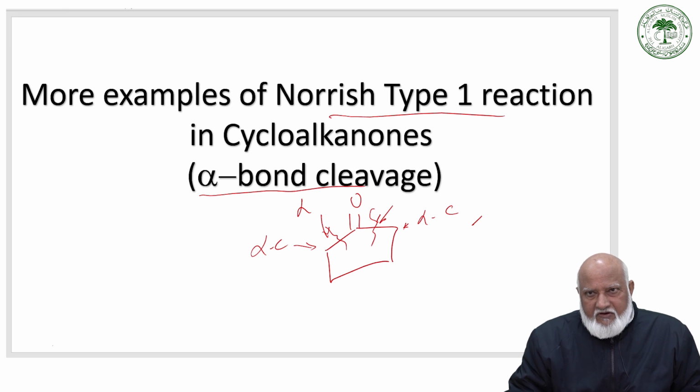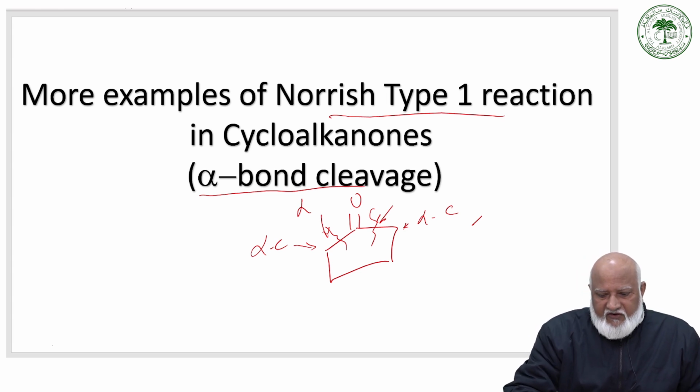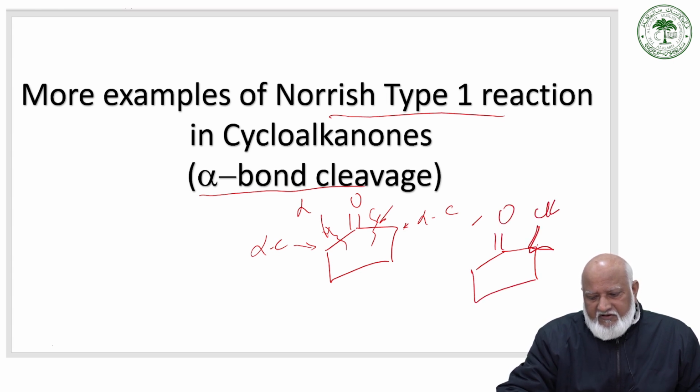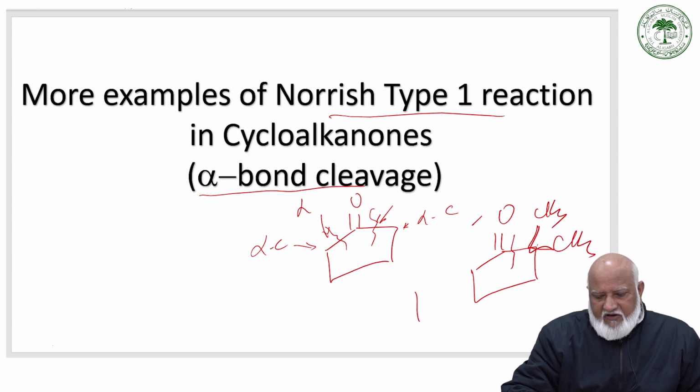But if the alpha carbon is substituted, then there will be a preferential cleavage. For example, if we consider this, and if this carbon is substituted with a dimethyl group, then if we cleave this, we end up with